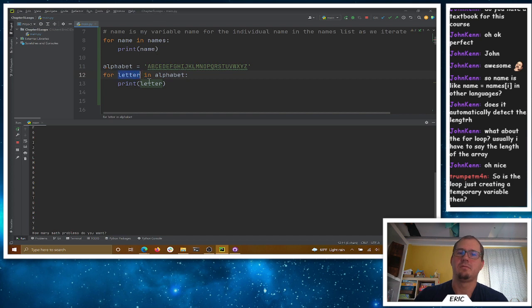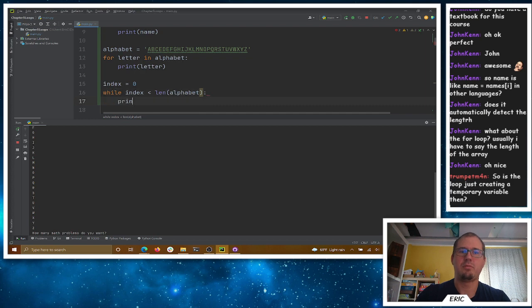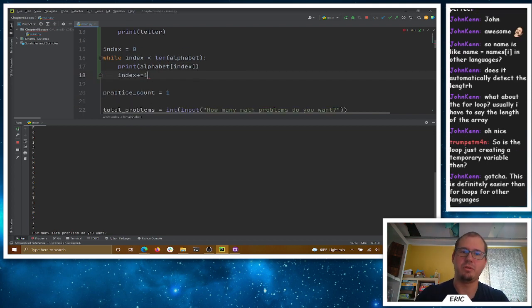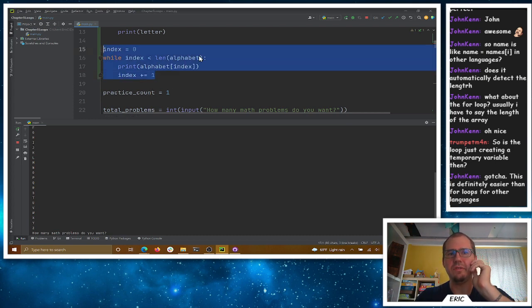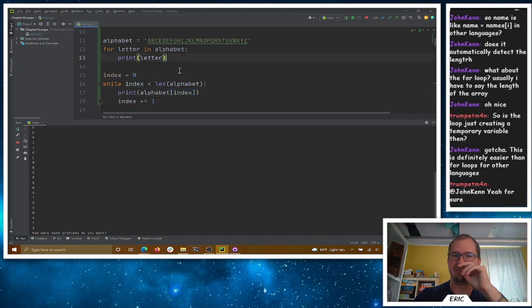Yep. So we could do the exact same thing with a for loop, right? Or with a while loop. I could say, I want an index value to be 0, and I can say while index is less than the length of the alphabet, print the alphabet at the index variable here, and then when we're done, we'll take index plus plus. I'm sorry, plus equals 1. Sorry, that shortcut's not available. Python's weird. Yeah, it's a handy loop there, John, for sure. So we could do the exact same thing here with a while loop, right? If we know the length of the alphabet, we can get at things by index, which is fine, okay? So if strings are immutable,